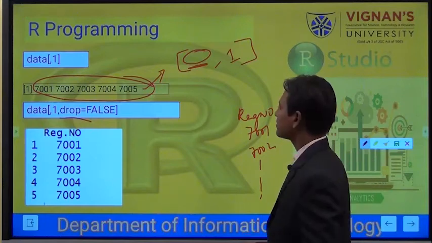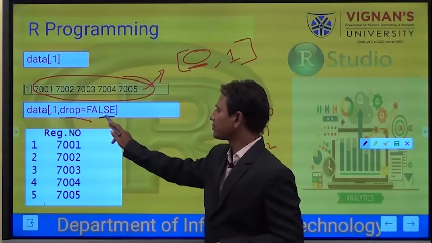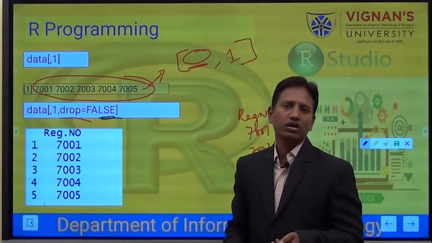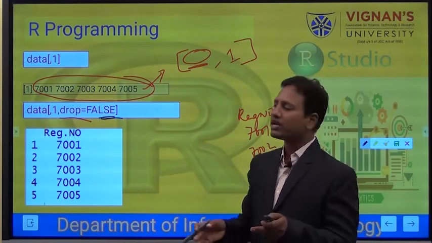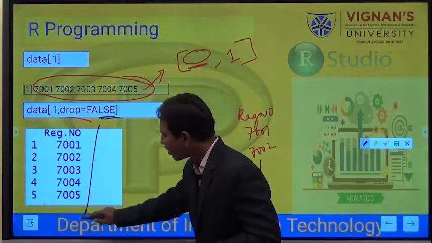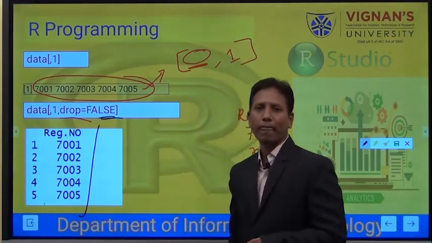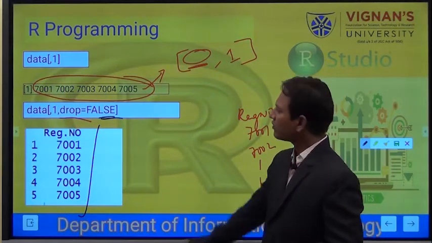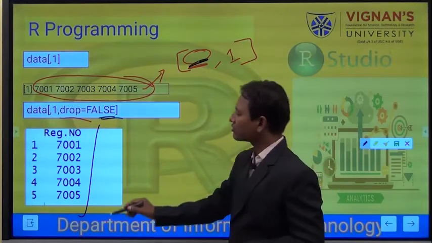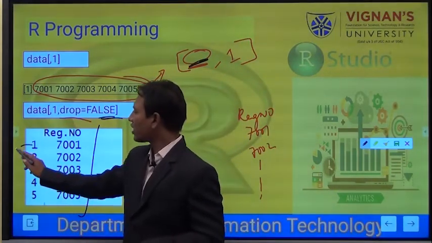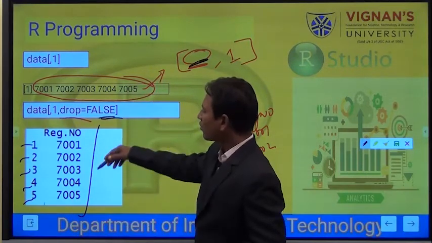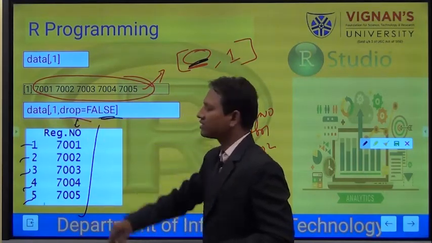If I make this false, it is not going to drop the column and it is going to give the column as a column only. So we are going to get this output. Here the row part we left empty, in the sense all rows it has selected, rows 1, 2, 3, 4, 5, and 1 column it has picked, the first column.